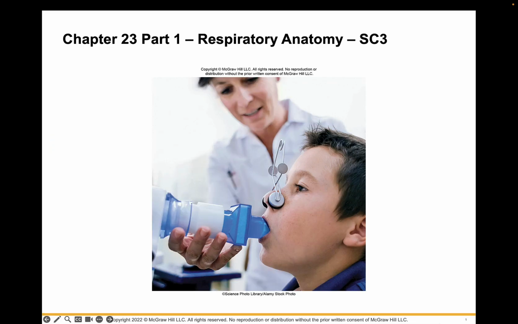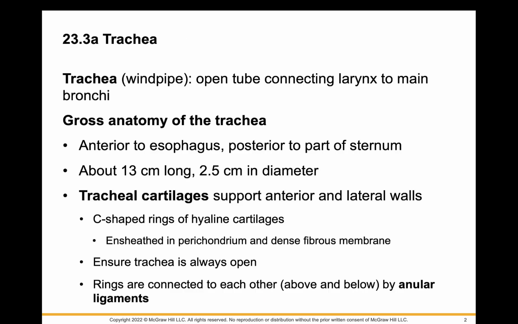Chapter 23, Respiratory Anatomy, Screencast 3. This screencast will be focusing on the anatomical structures of the trachea and the bronchioles. The trachea, quite often known as the windpipe, is an open tube that's connecting the larynx to the main